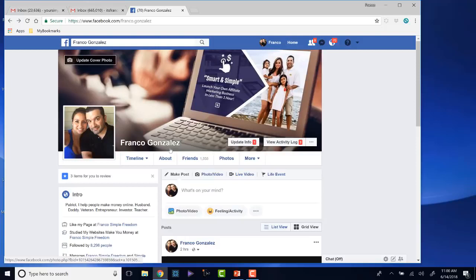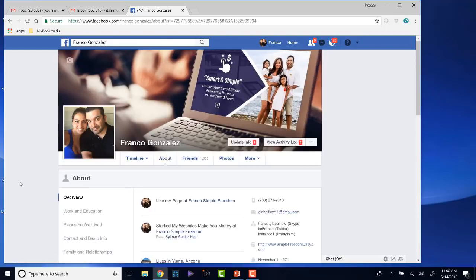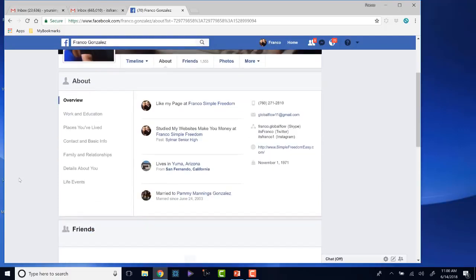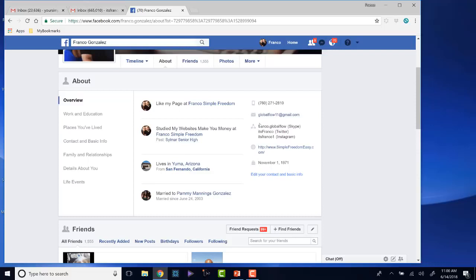Let's look at my about section. A lot of people will come in here, click on your photos, they'll start scrolling through stuff. A lot of people also go to your about section. And in your about section, there are places where you can share breadcrumbs of information, right? You can share your link, you can share your email, of course, your cell phone number. Use it as an assistant. Let it go to voicemail. Let them text you, right? Screen your calls. You don't have to pick up every single time. You can call them right back if you want to, right? Your link to your website right there, right? So it gives you an opportunity to leave little promotions with your contact information.